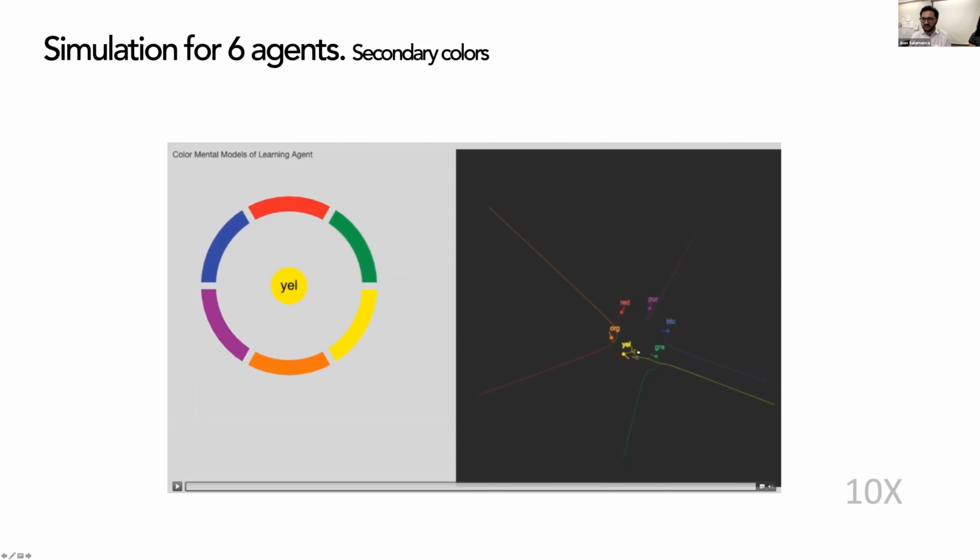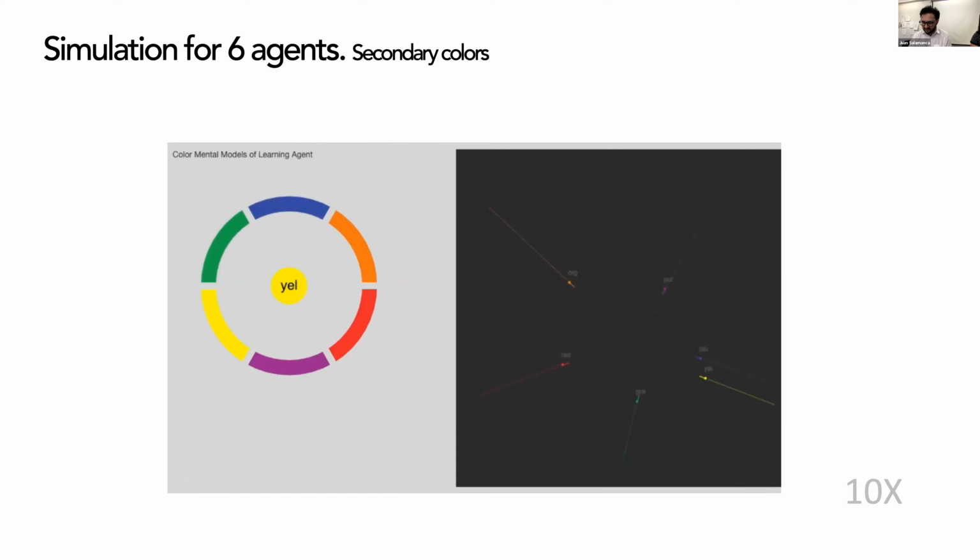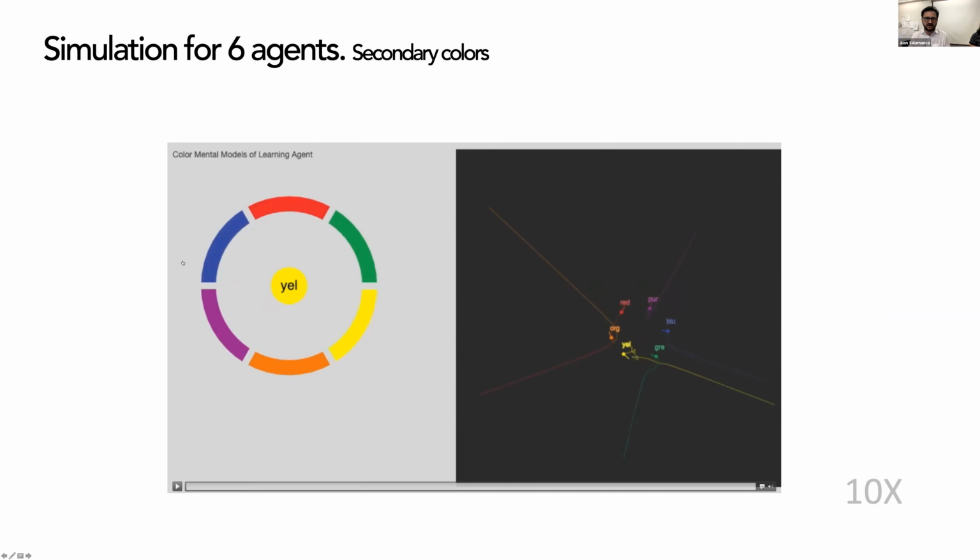Now you see here on the right, this is the actual configuration, that is, 5 out of 6 agents have the neutral color wheel, and as you see, the result is again the neutral color wheel. So it means that even though yellow doesn't really know the color wheel, it is able to act in a way that is accepted by the social group. But the order of colors here on the left